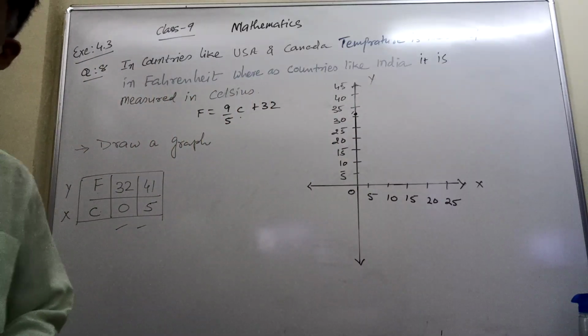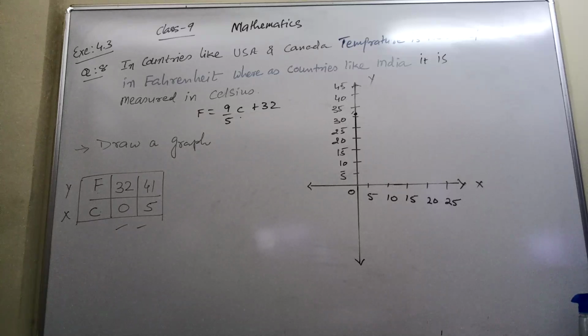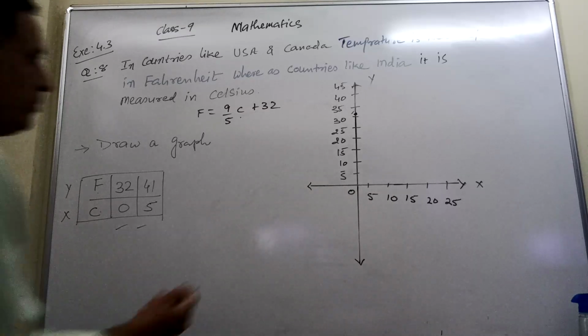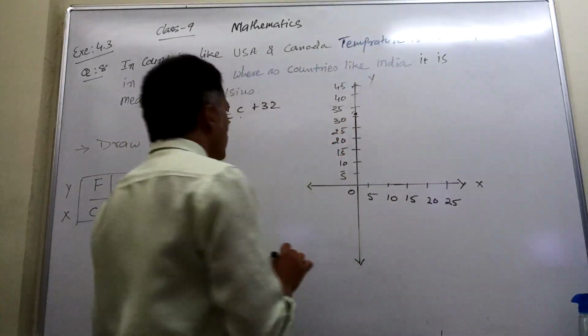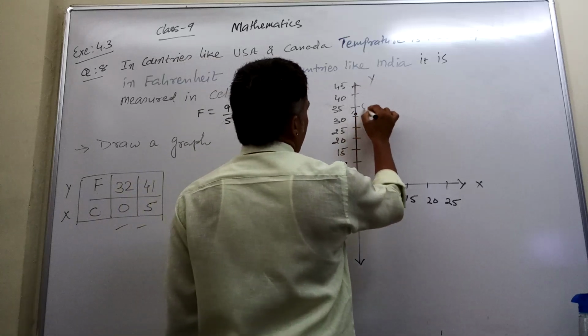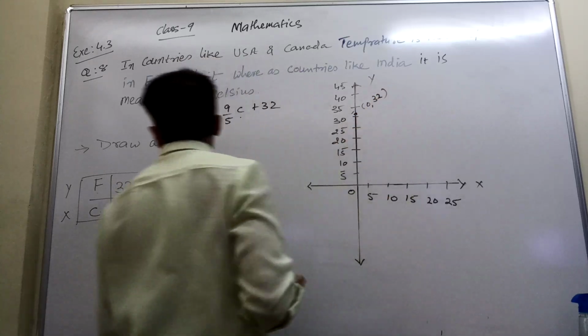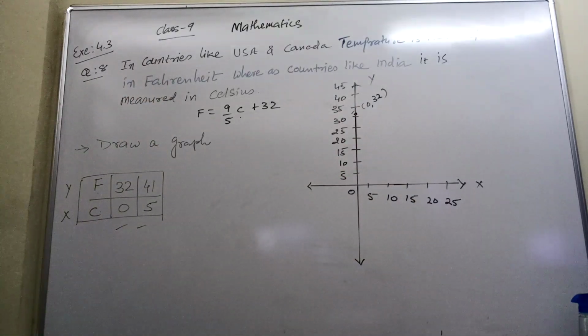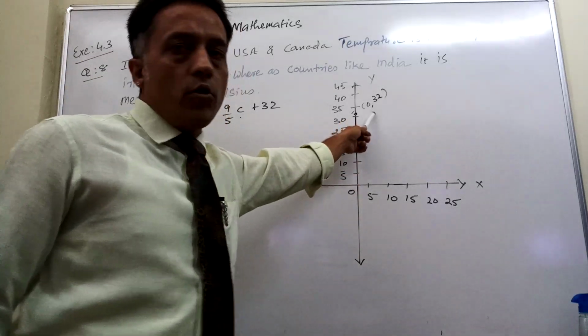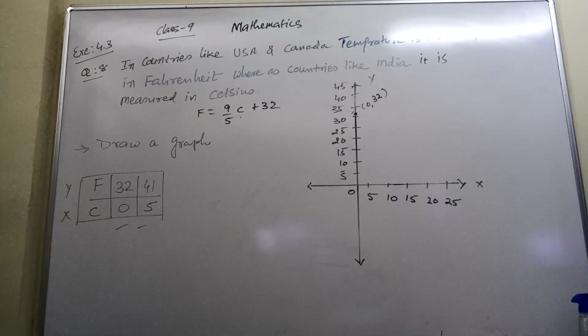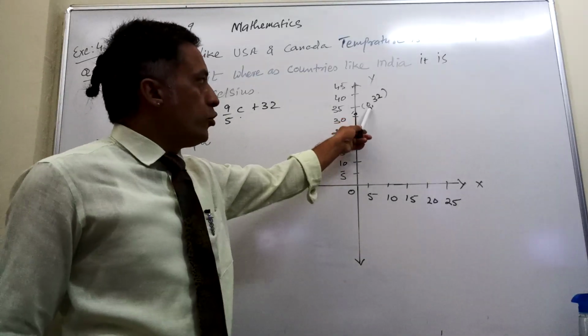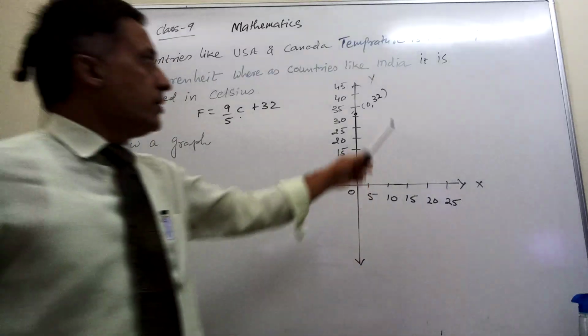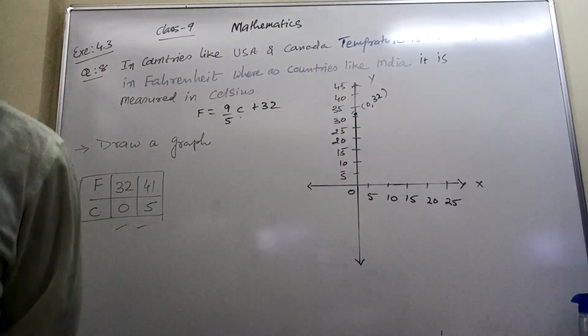On the graph paper, you can take the point very precisely. So I am taking my number over here, that 0, 32. I will write 0, 32. As we have learnt in coordinate geometry, this is called a coordinate. Coordinates can be written in terms of x and y. So the first value shows the value of x and the second value shows the value of y.